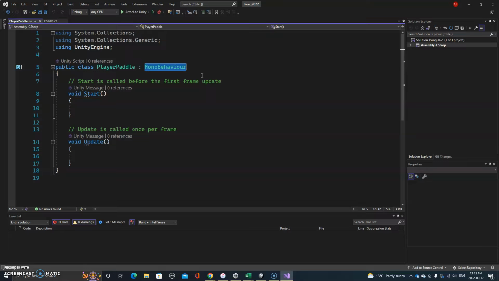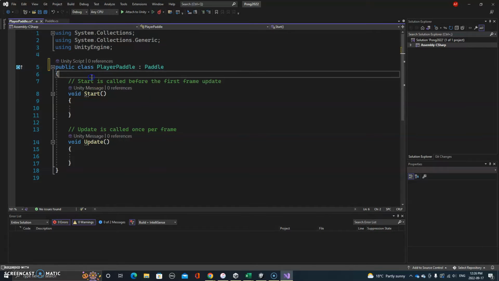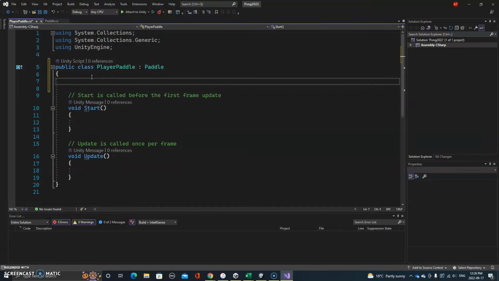In this particular case, we're going to inherit from that paddle script. Now, the paddle script already inherits from MonoBehaviour, so it gets everything that we need there, and also the stuff on the paddle. So this just makes things a little bit more efficient. We don't have to duplicate the code again, because the stuff for the speed and also the position, we need to have on both paddles. So what I'm going to do is just create one